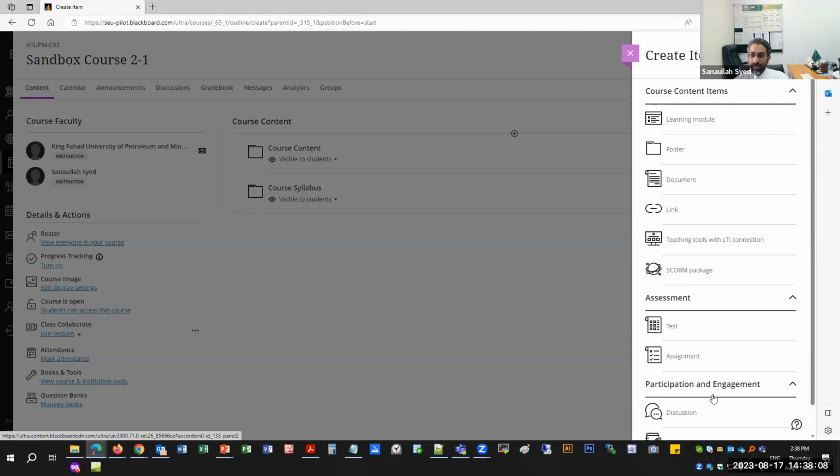One thing, if you have noticed, which was also my observation, is that if you look at all the icons, they're all in black and white. There are no colors to it. If you remember, our folder color was yellow, document was white, items were a little bit different, link was different, and so on. So I requested them, at least if we can customize the institutional scheme or something. They said no, for